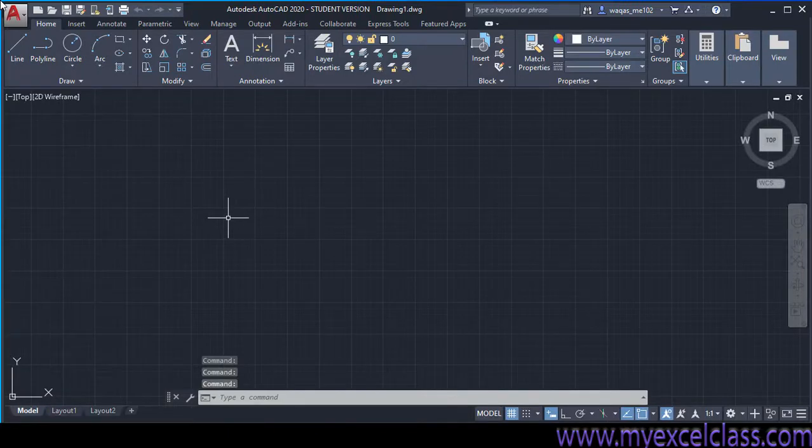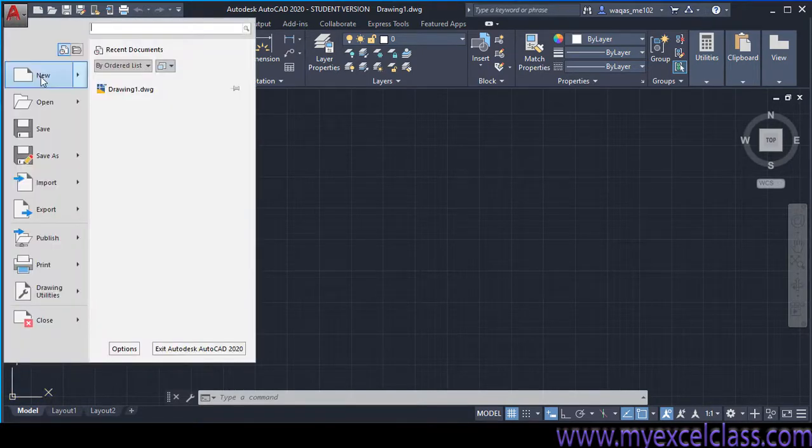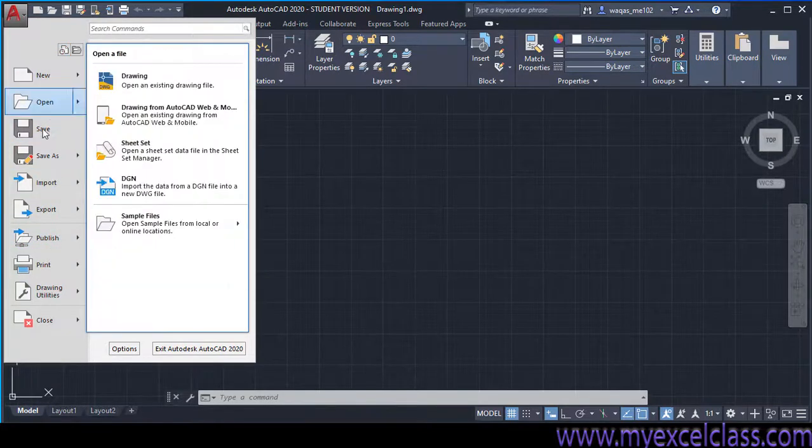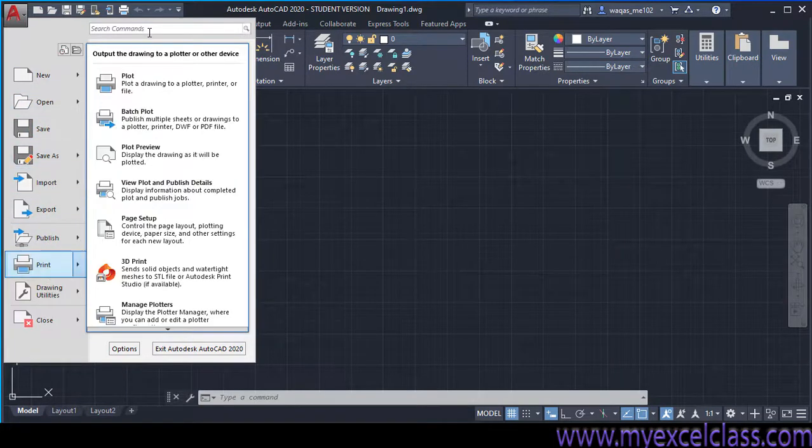Well, in today's lecture, I will brief you about this basic layout of the AutoCAD. Let's start from here. Here are some basic commands you may have used in other software: open, save, save as, and other commands. Here is the